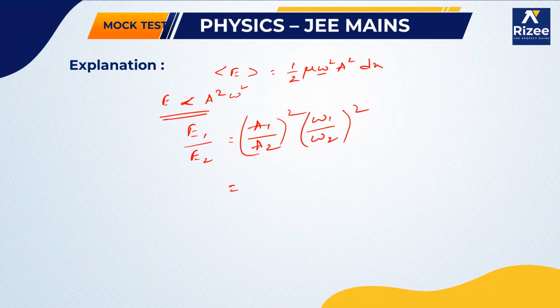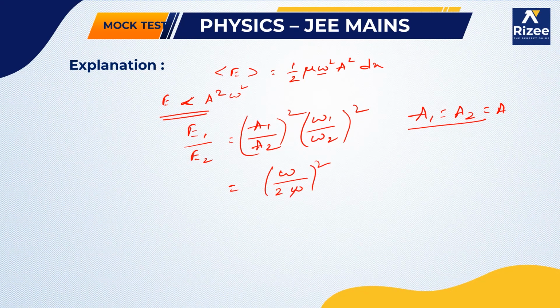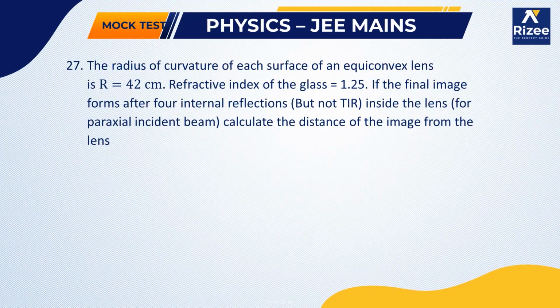In the question he has mentioned that the amplitudes of both of them are the same, that is A1 is equal to A2. This is according to the question. A1 and A2 are the same, which is equal to A if I can write. So both of them will be cancelled. Then the remaining is omega 1. In the first equation it will be omega, in the second it will be 2 omega whole square. So on cancelling out, that will be 1 by 4. So from this one, E2 is equal to 4 times E1. This is our relationship. Next one.